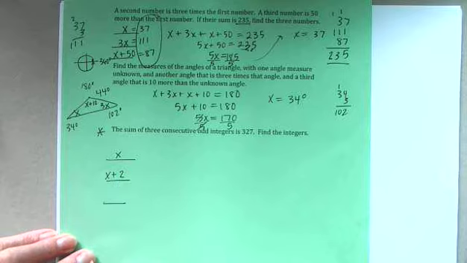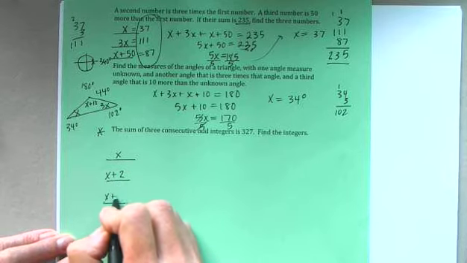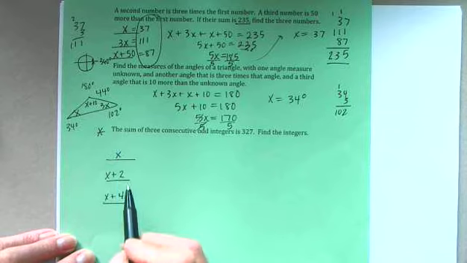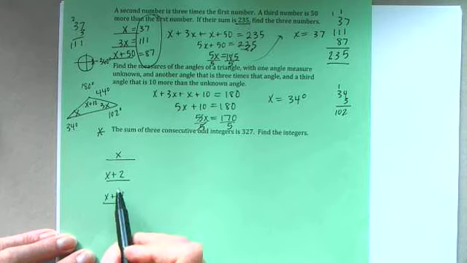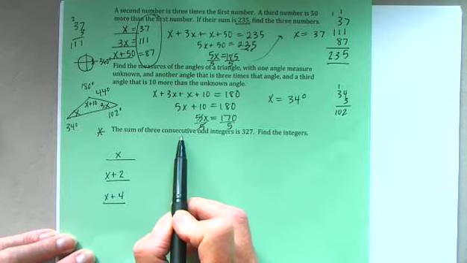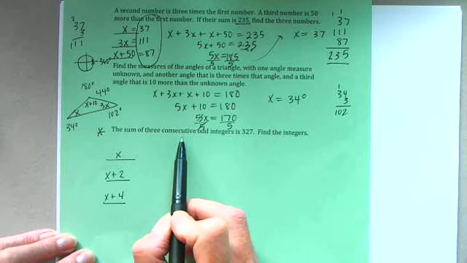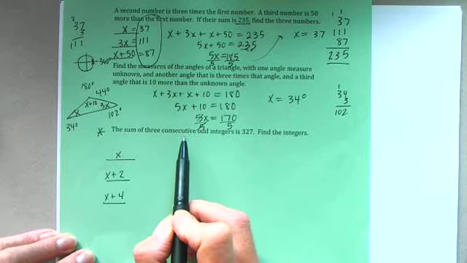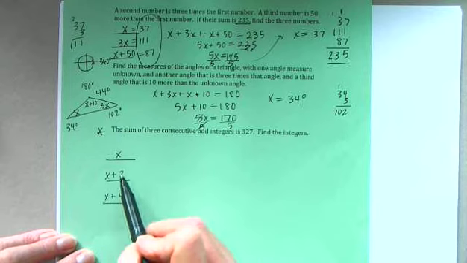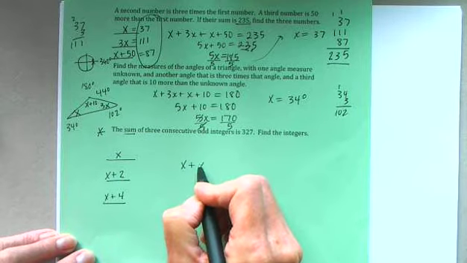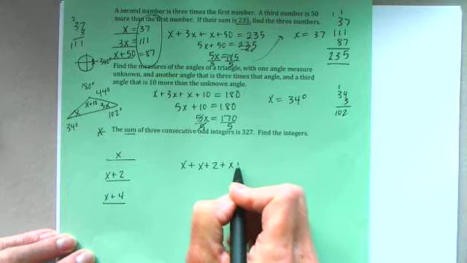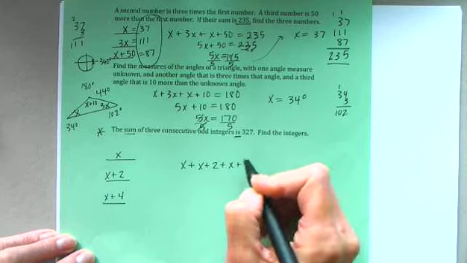And guess what? That is 2 more, isn't it? 11 plus 2 is 13. And this one will be 4 more. 11, 13, 15. And so I add 4 to 11 to get 15. So those are my 3 consecutive, and if it were even integers, they would still be 2 apart. So if they were just consecutive integers, then you would have x plus 1, and x plus 2. But these are consecutive odd, so these are 2 apart. But it tells us their sum, so I'm going to add them up. I'm going to add x plus x plus 2 plus x plus 4. And I know that they means equals